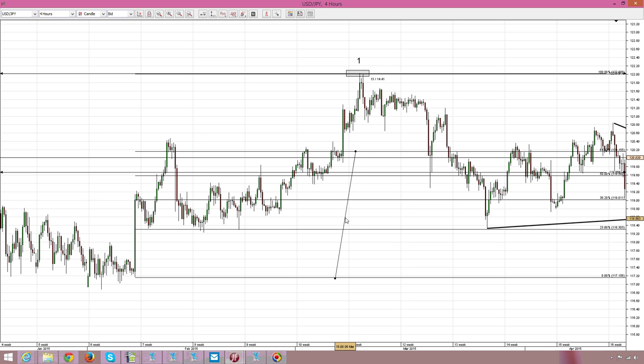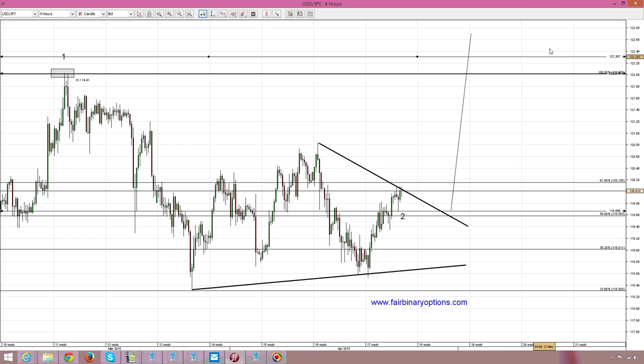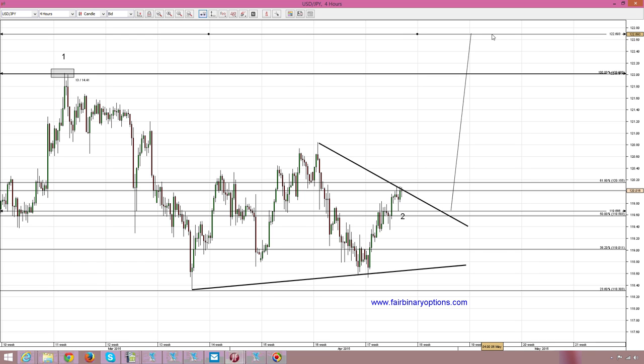and we should project this outcome from the point where we said that the second wave ended here. And just like that, our target for the pair to the upside, or let's say the take profit in case you are trading the spot market, should be 122.70, as that would be the measured move of such a pattern, and only the third wave at that very high. So what to do here is only to go and trade call options,